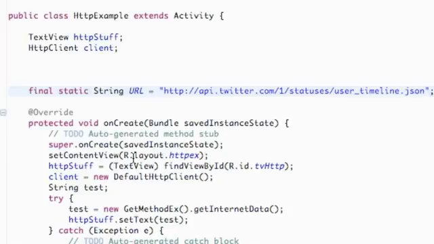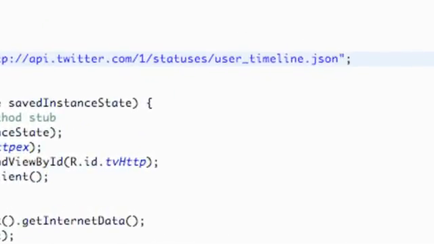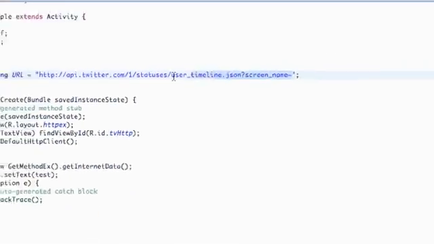Hopefully in this tutorial you will understand a little bit more about what we're doing. The first thing we're going to do is add to this URL, because before I just wanted to show you it was a JSON type URL. What we're going to add to it is a question mark screen_name equals, and for example we're going to just copy this